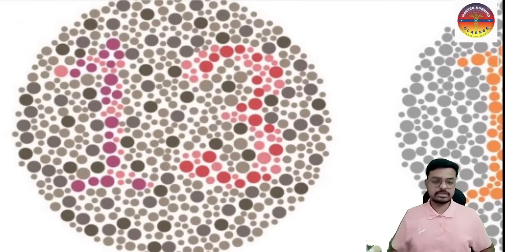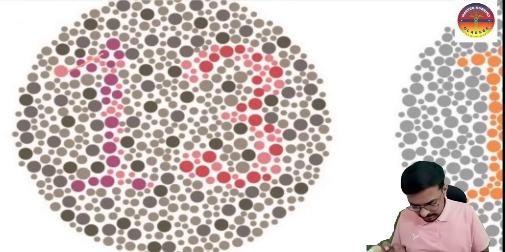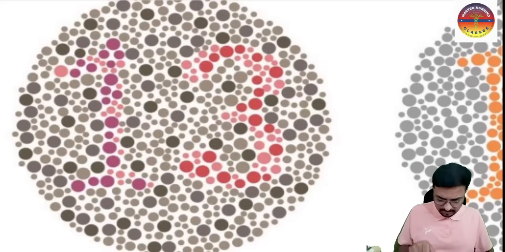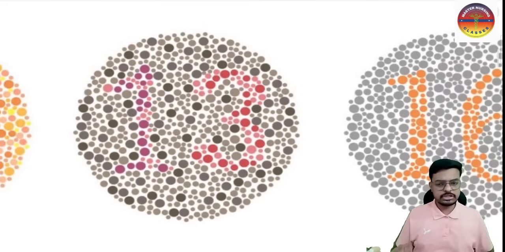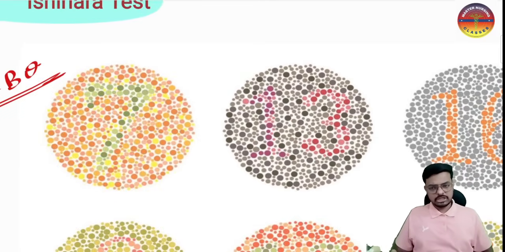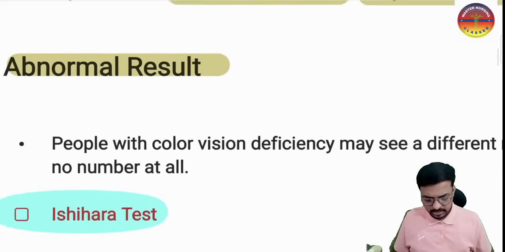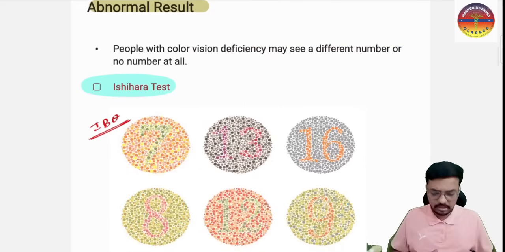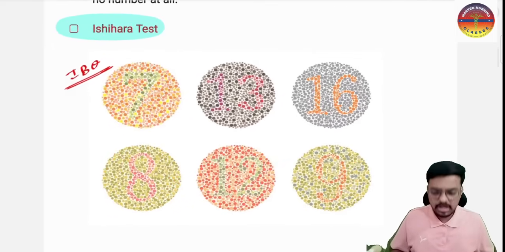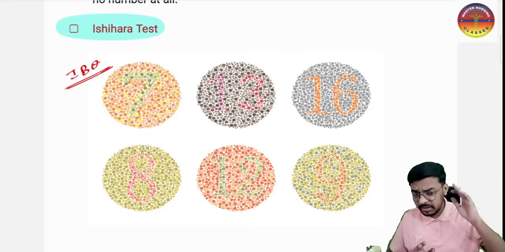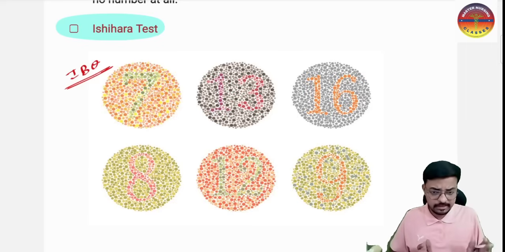Okay, so like this, you see, it is 13, right? So 13 in the sense, I am able to identify the hidden number which is there in this particular Ishihara chart. It means I am able to identify the different colors. So the Ishihara test is used to assess color blindness. Okay, so for identifying the number inside this particular chart, how much time are we giving to a patient? Remember, we are not giving 1 minute, 2 minutes, 3 minutes. It is